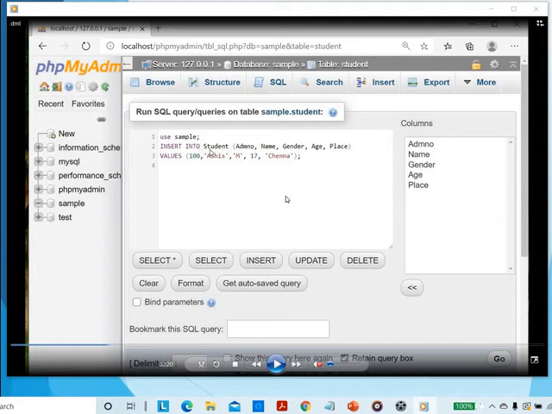Insert into table name followed by the column names, values, and the admission number is 100, name is Ashish, gender is M, male, age 17, place Chennai.